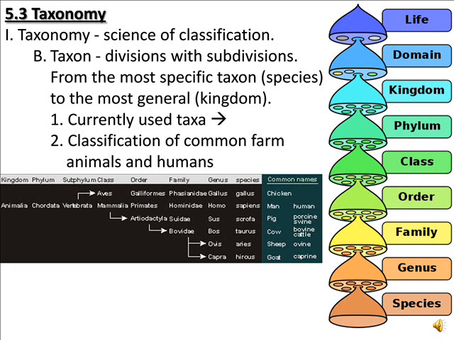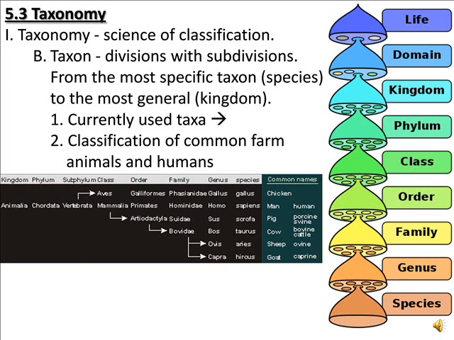Taxonomy gets its name from the several levels that it uses to classify organisms. These are called taxons or taxa. Taxa are usually listed from the most general to the more specific. The currently used taxa in the life sciences start with a domain. There are actually 3 domains of life on planet Earth. And within each domain there are several kingdoms. And within each kingdom there are several phyla.